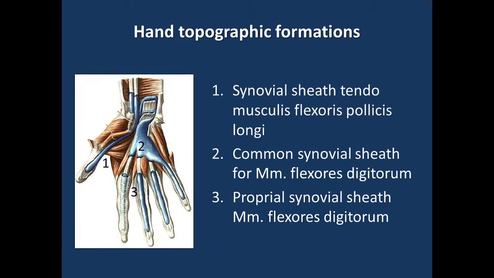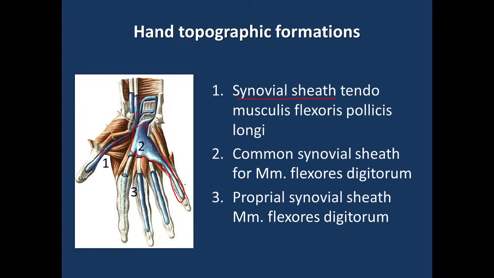Almost every tendon of the forearm muscles coming to the hand gets a special covering we call the synovial sheath. That is the synovial sheath for the musculus flexor pollicis longus, and this is a common sheath for the muscles flexor digitorum, and it comes to the